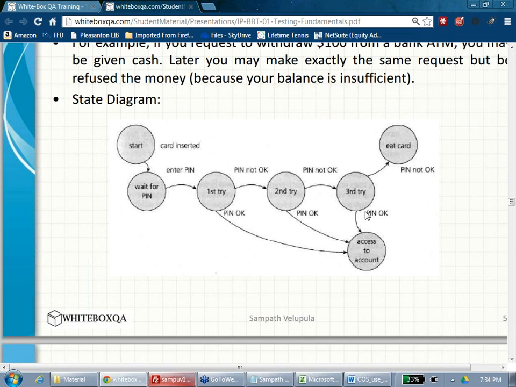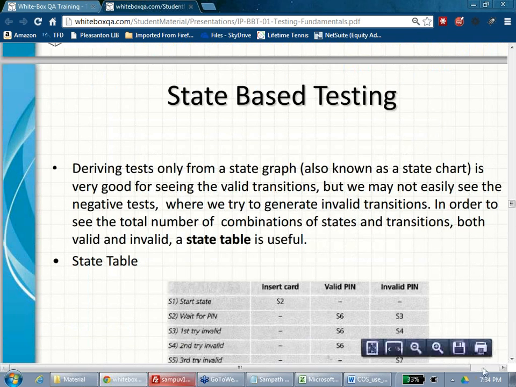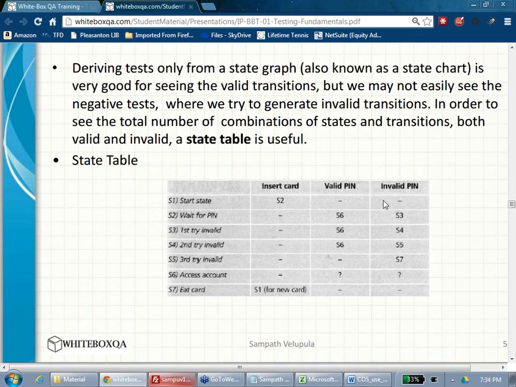If you do that again, S5. If you do S1 and S2, S3 and S4, it will come to S6. If you do S5, it will go to S7. There is this difference. Same thing: S2, S6, S3, S6, S4, S6, S5, S7. Understood, right?